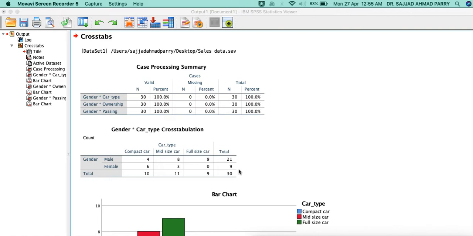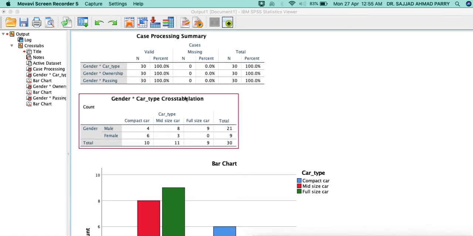Now if you see here in the gender and car type cross tabulation, we have gender, male and female, and car type: compact car, mid-size car, and full-size car. When we talk about male, 4 males are using compact car, 8 males are using mid-size car, and 9 males are using full-size car, and in total 21 are male in our sample size of 30.